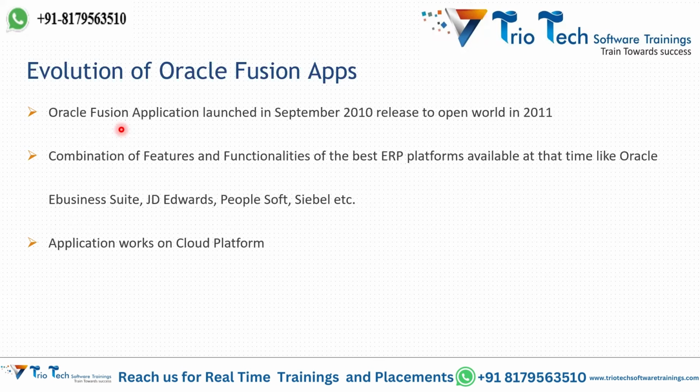Like globally, it was released so that various business organizations can subscribe or get licenses of this application so that they can use this ERP application for maintaining their business processes. Now, as a part of evolution, how did this application get developed? This application is a combination of various features and functionalities which are the best of their type, right? So when this was developed, the best features and functionalities which were available in the market or accepted globally were combined in this application, and later on,